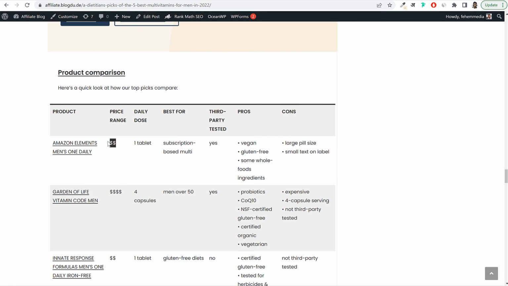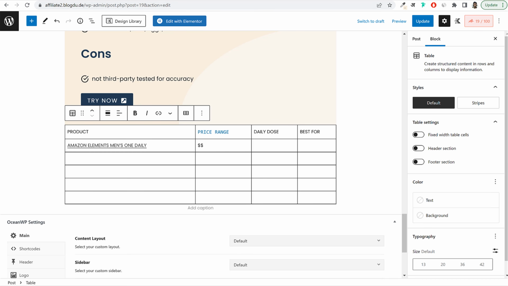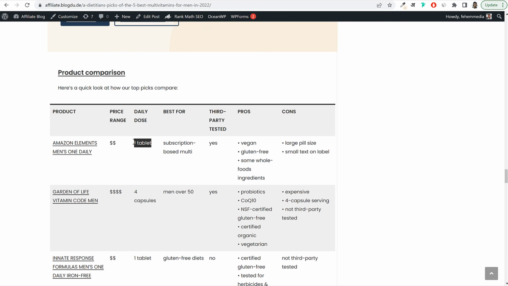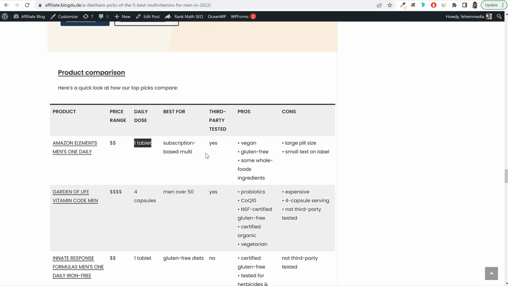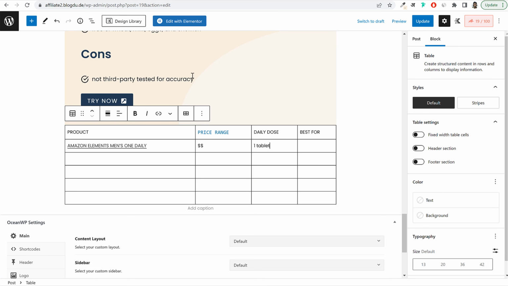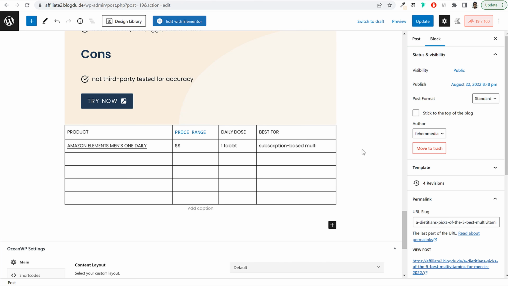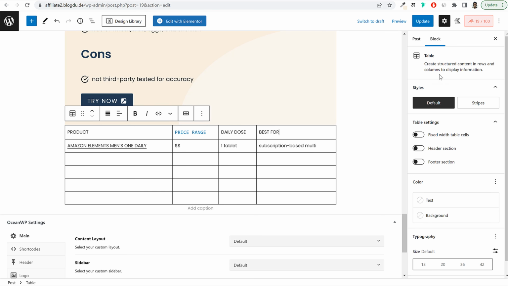Price range, you can add options like this. I'll just use simple option. Then after that, we have one tablet, and similarly, you can just keep on adding your details over here. And finally, we have subscription based or whatever the option is. Now, if you want to do some changes on this, click on this table, and at the right hand side,